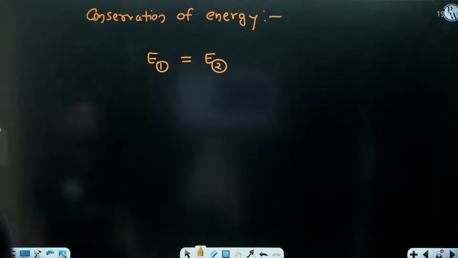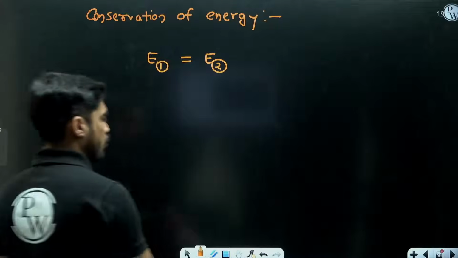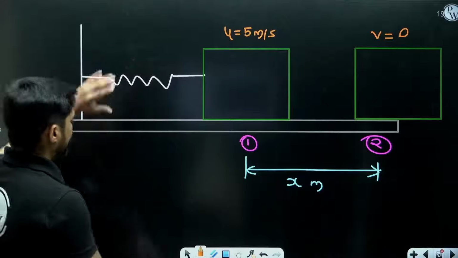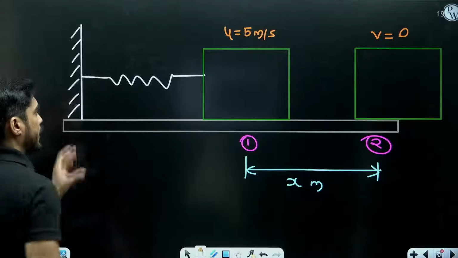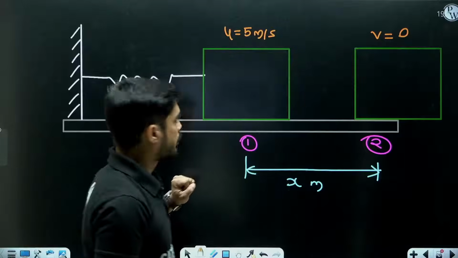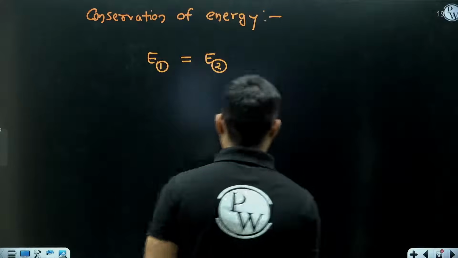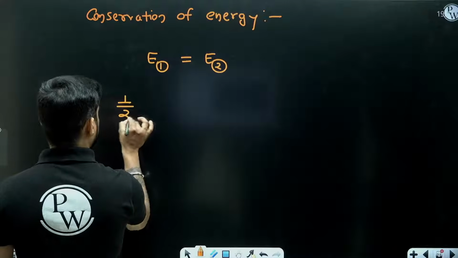Okay. Now what is the energy in the first state? So when the block was here, the spring was undeformed, means there was no energy in the spring. The energy of spring was 0, but the block was moving with 5 meters per second. So there was kinetic energy in the block,